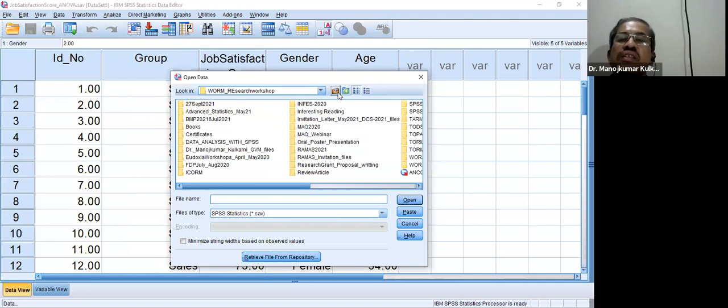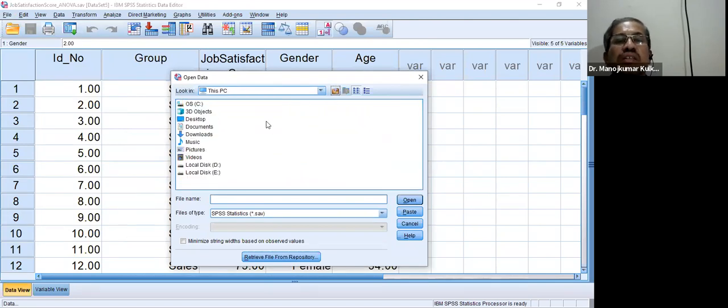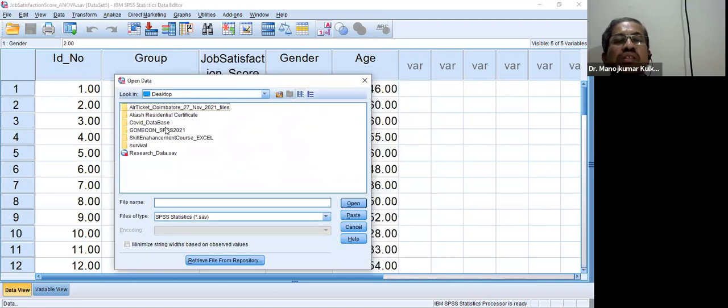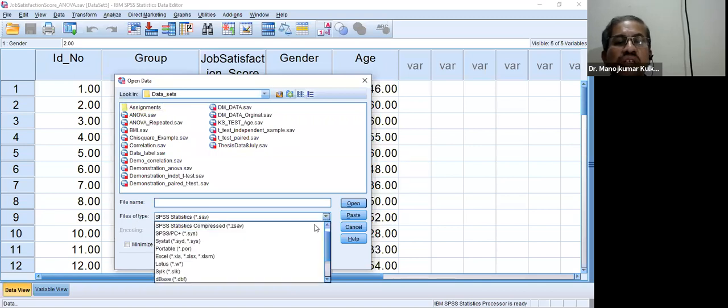Go to the folder where you have saved your Excel file. I have stored my data file in the datasets folder. Under files of type, change from .sav to Excel.